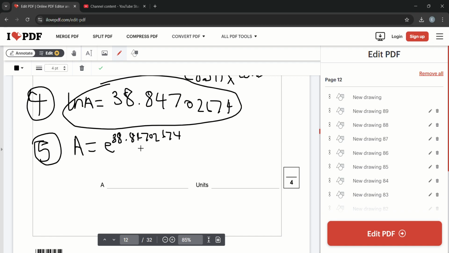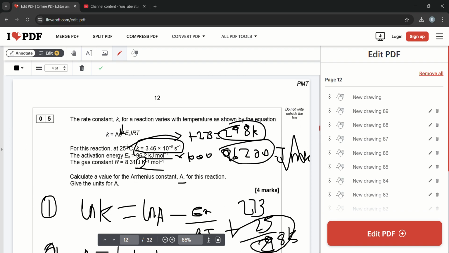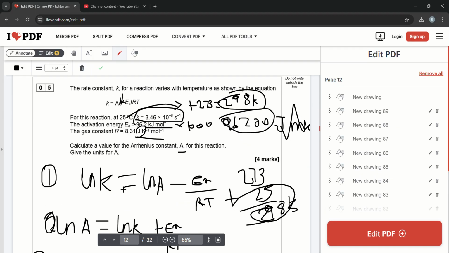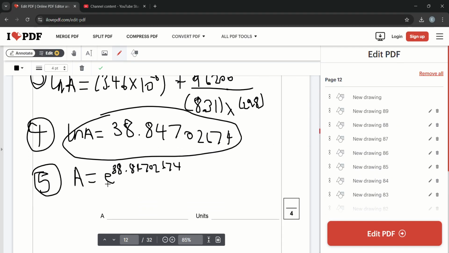It gets a bit complicated, but the whole point of taking natural logs was to get rid of e, and now the whole point of using e is to get rid of natural logs. So A equals shift E on your calculator to the power of my answer, and I get